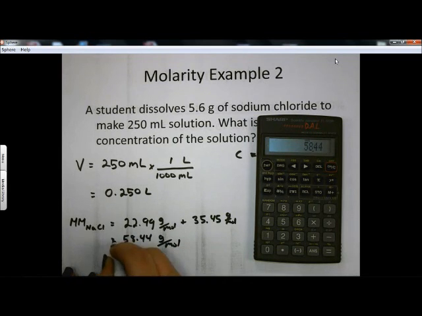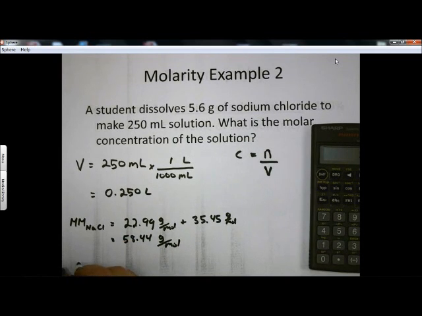Alright. So the number of moles of NaCl is going to be 5.6 grams NaCl times 1 mole per 58.44 grams,